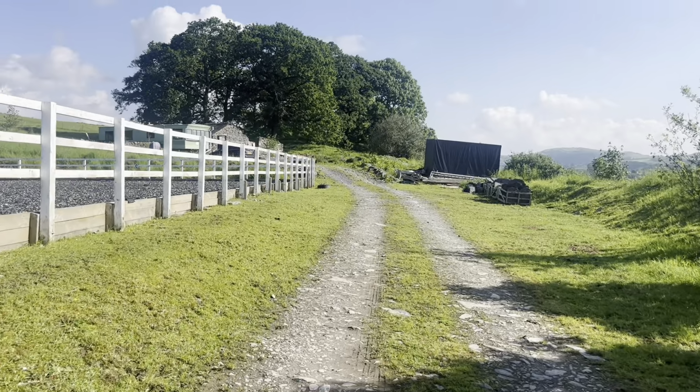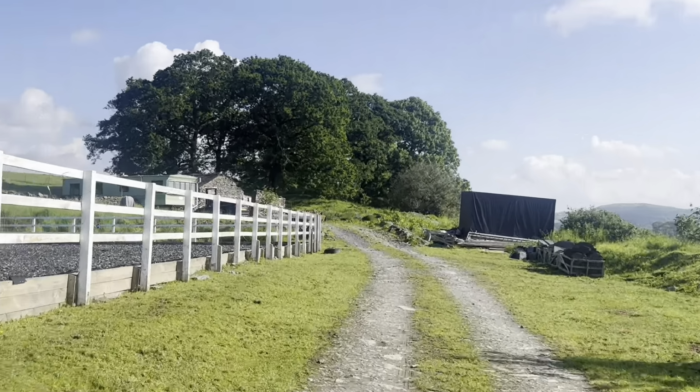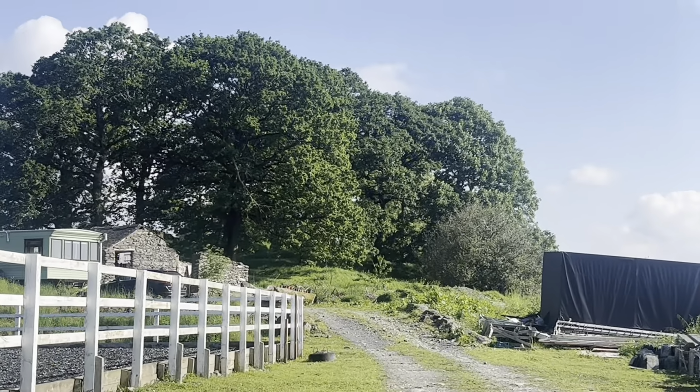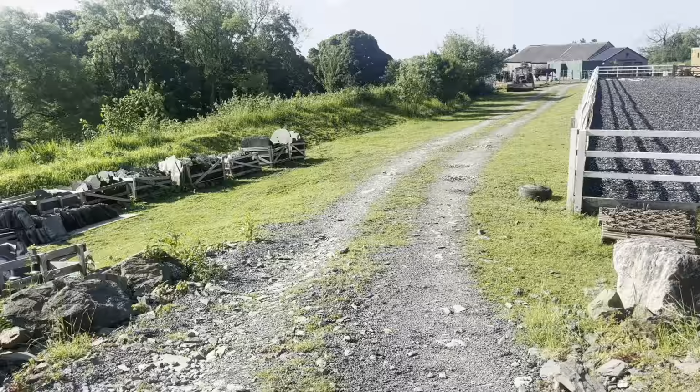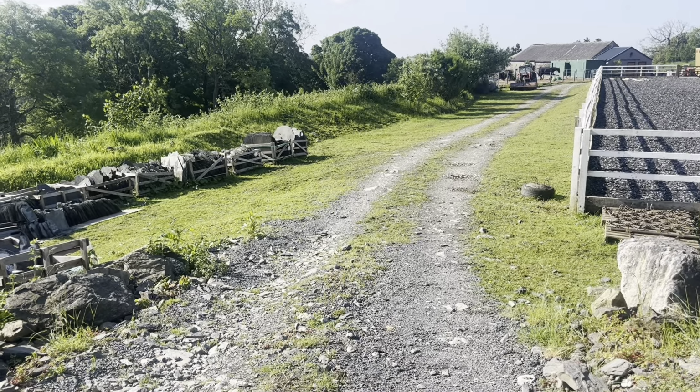synchronicity. Not only does it benefit them from a nutritional perspective, because they've got a wider diversity of plants and grasses to forage through, and mentally because it provides more stimulation. And here we are coming up to the woods, which they also have access to. Also benefits them physically. Here's Annie behind me now, because as you can see by the ground in front of